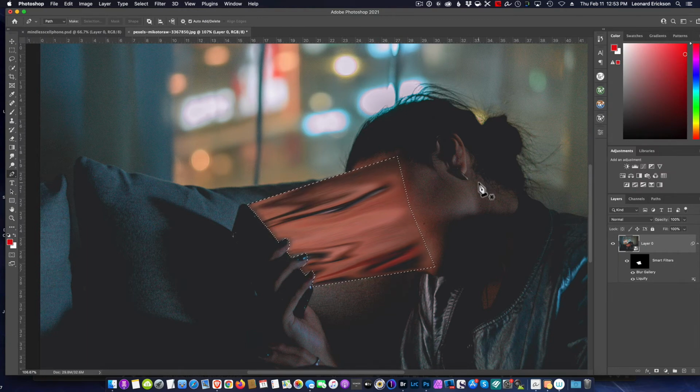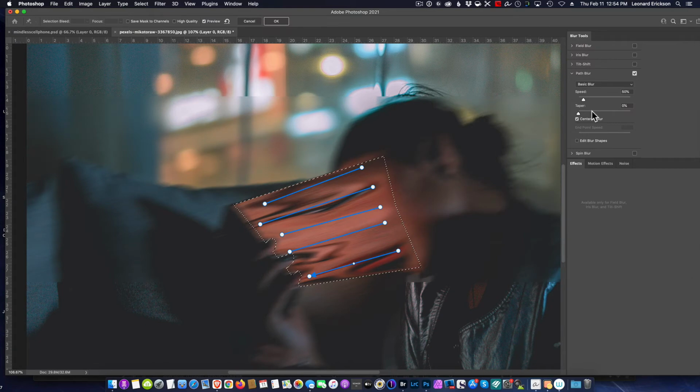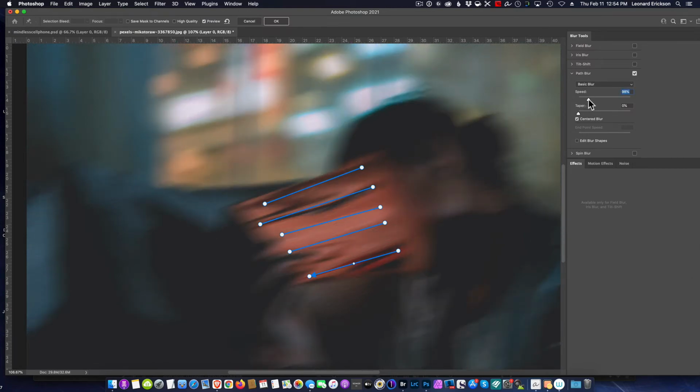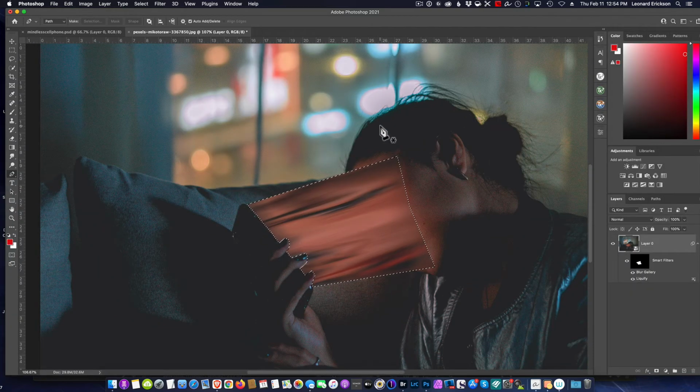And there we are, right? We have that path of illusion. Maybe we want to do a little more, right? So we'll go back to the blur gallery, and maybe the speed needs to be more. So I'm increasing the speed adjustment, and I'll try that one, see how I like it. And I think I like that one better. It gives the same message, but it gives it a little bit smoother transition. So we have now liquefied our face. We have now slightly given it a path blur,